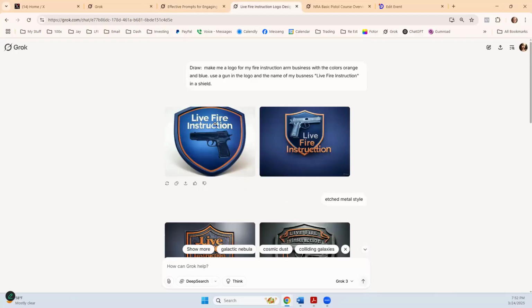What do I mean by that? So I went under the design option and I told it to draw. You have to tell it what you want it to do. I want you to draw. Okay, draw what? Make me a logo for my firearm instruction business. So Grok will use guns. They're not as scared of the Second Amendment, unlike all the other ones, which won't use anything tactical, nothing guns at this time. Anyway,